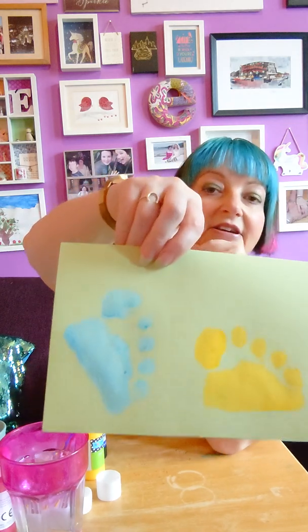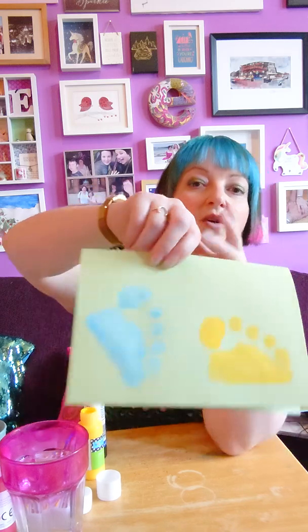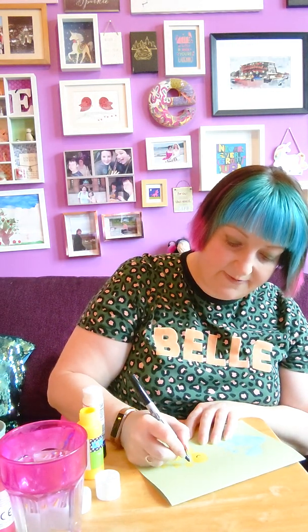So I've got another two to show you. So this one is quite simple. I have managed to put it into a little card. And as you can see, I've just done the tips of my toes and the top of my foot. And the more you can put on, the kind of better. I'm just going to give the toes some little smiley faces